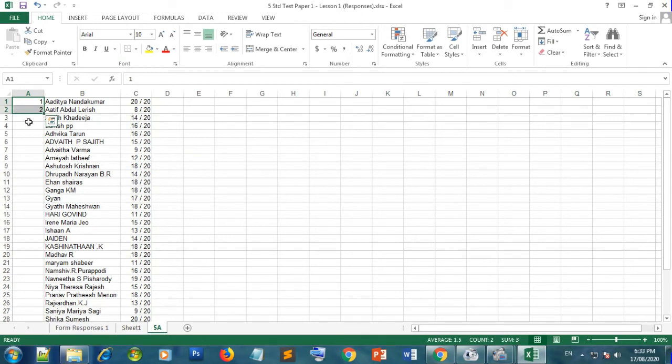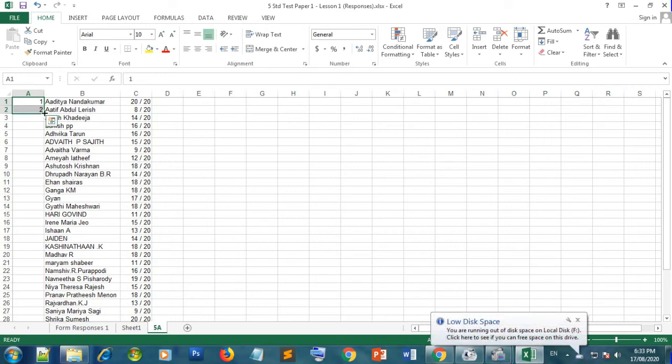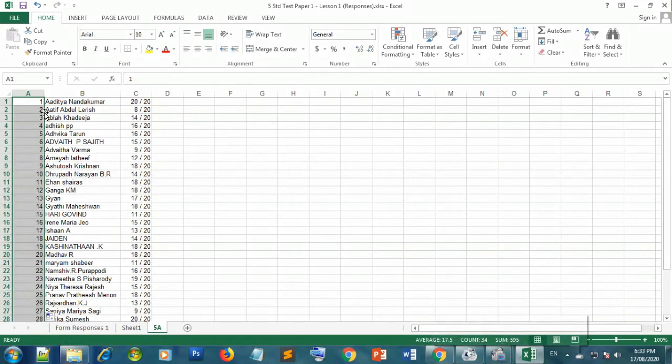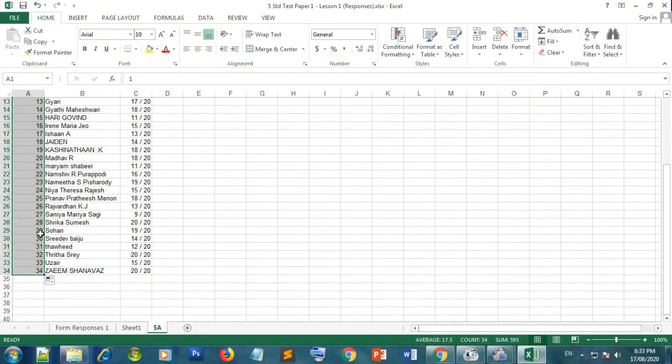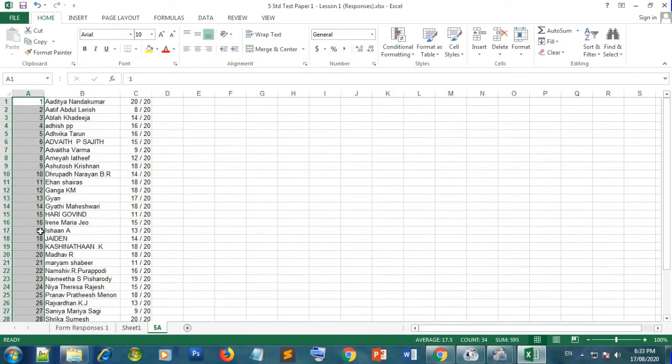When you bring it to the exact position, this corner, exact corner, you will get a dark plus sign. When a plus sign appears, just double click. Then you can see it will be like this. All the names are numbered. Remember that this is not the exact roll number, because if all students attend the exam, it may be their exact roll number. Otherwise, no.